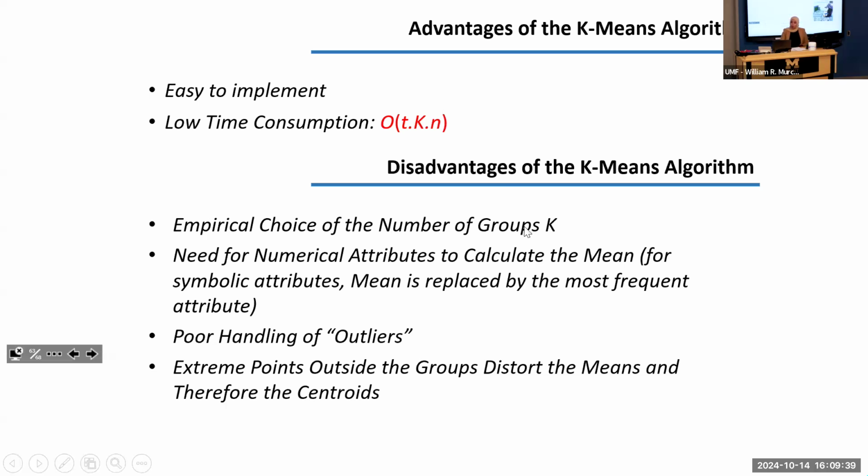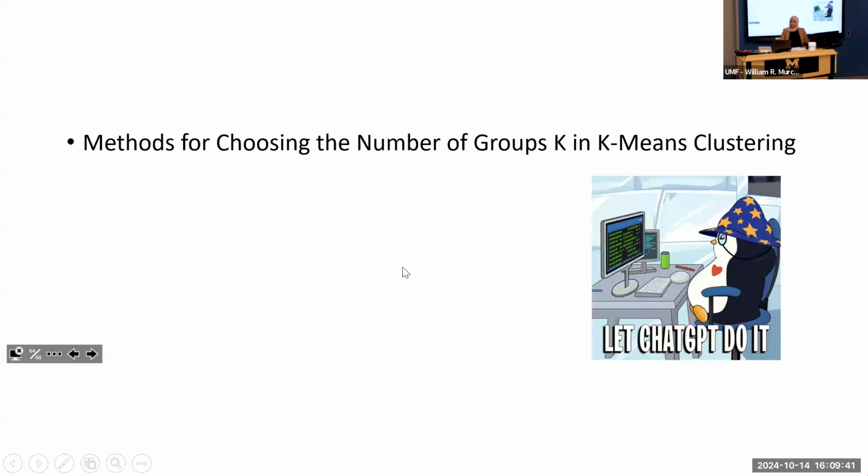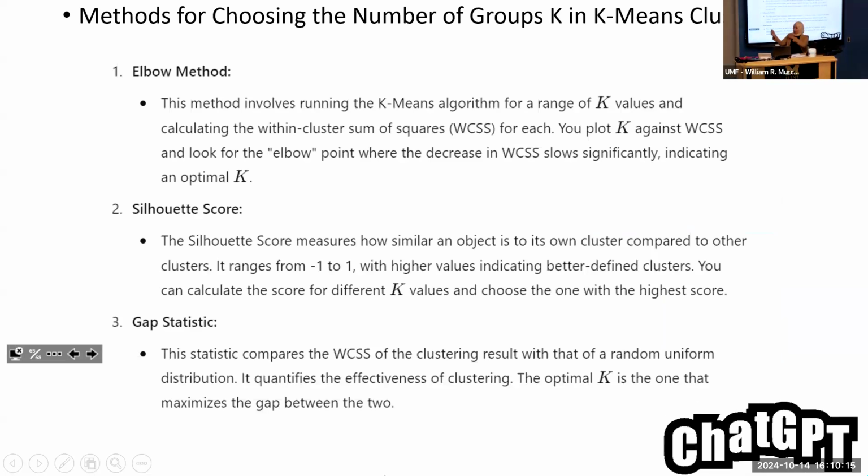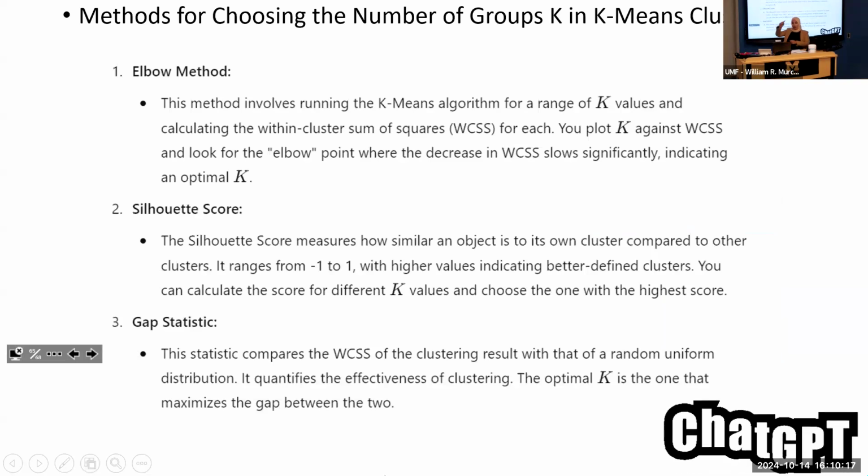There must be researchers or people who are finding or introducing methods for how to choose the best number K, okay? And now I would maybe let you ChatGPT it. I won't say Google it. ChatGPT it and check. I did that, by the way. What methods for choosing the number of groups K in K-means clustering? Someone may say there is one method, and in general, when we teach this, we study one of the methods, which is, for example, the elbow method.